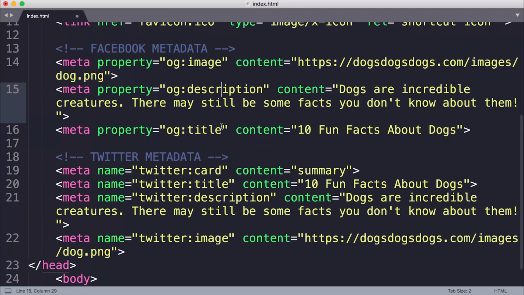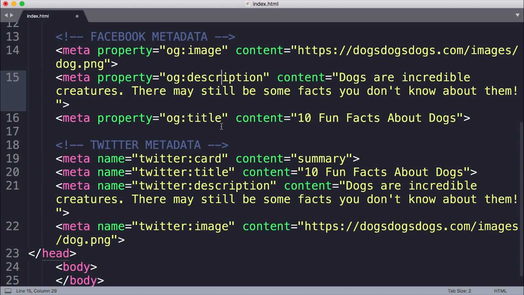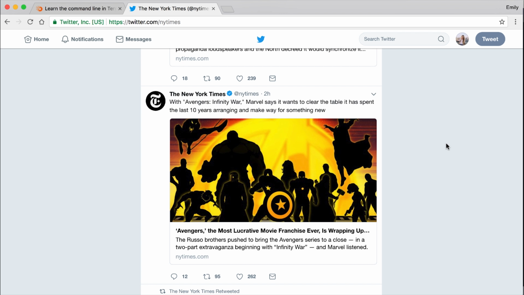Lastly, inside the head of an HTML document, you often have social sharing tags. These tags are useful for websites like Facebook and Twitter so that they can show relevant content for your page as a Facebook post or as a tweet. For example, looking at Twitter, if we look at a New York Times article and the way it appears as a tweet, you'll see that there's an image and a title and description of the article included as part